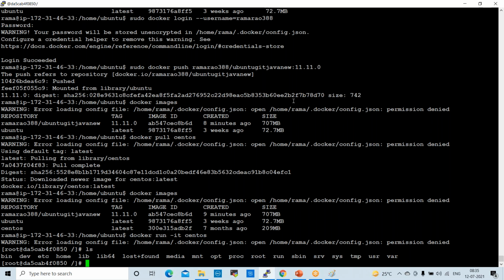Now I want to deploy some applications on CentOS. First we need to update, right? yum update.